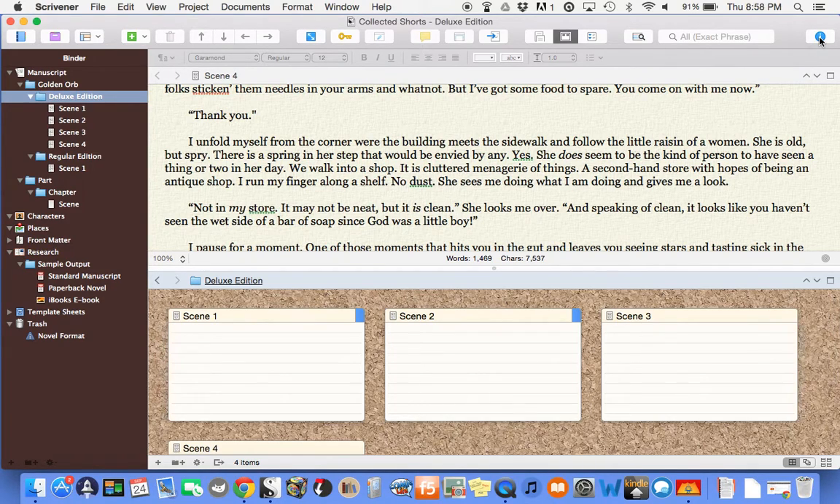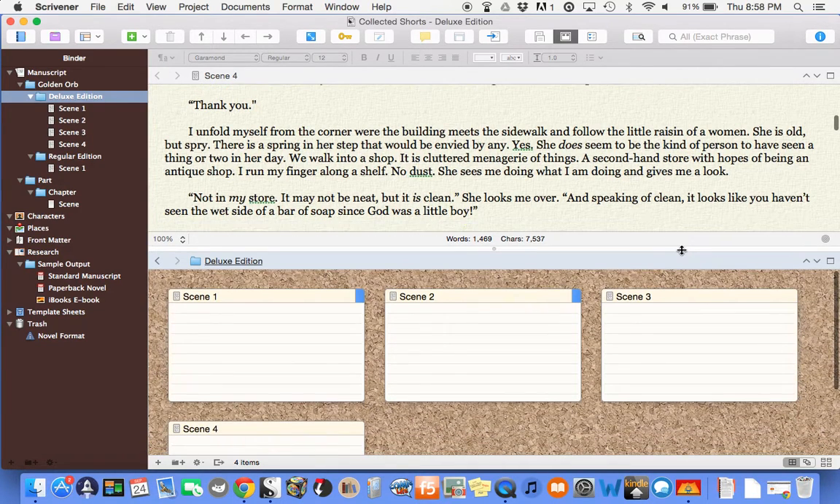The rest of the screen right now is showing you the fact that Scrivener can show a split view of different documents, or different views of multiple documents. Right now we're looking at one document up right here, which is scene number 4, as you can see here from the binder. And then the other split is all the scenes that are inside of this folder called Deluxe Edition. To turn this off and to make it go away, and you don't have to turn it off again, it's just a one-time thing,